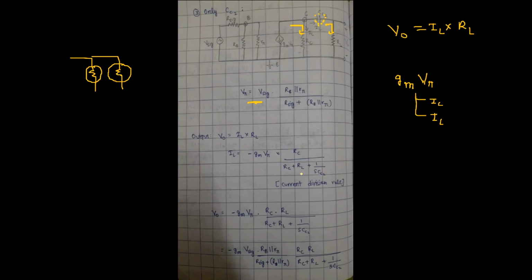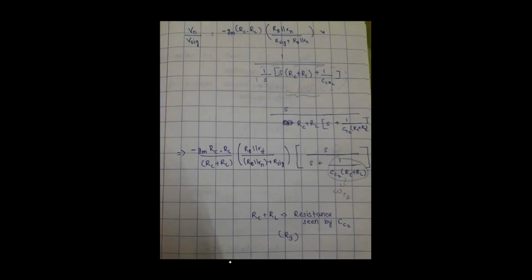Upon doing that, we got IL. So V naught is going to be RL into this entire expression. So we got V naught, and we know that V pi can be expressed using V signal. So we replace V pi with that, and then we take V signal to the other side